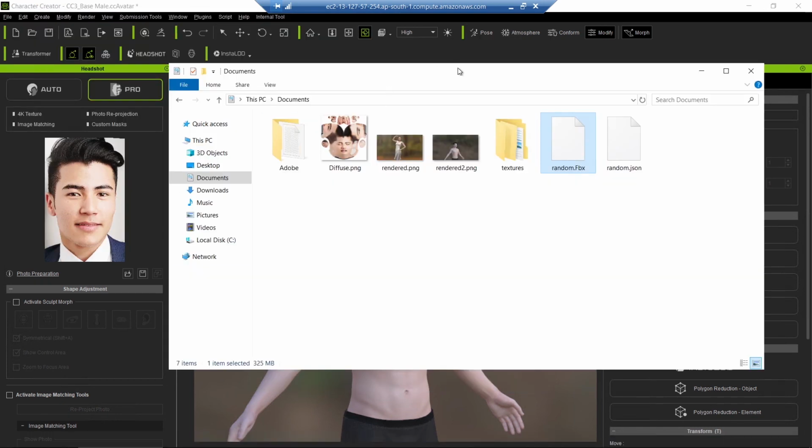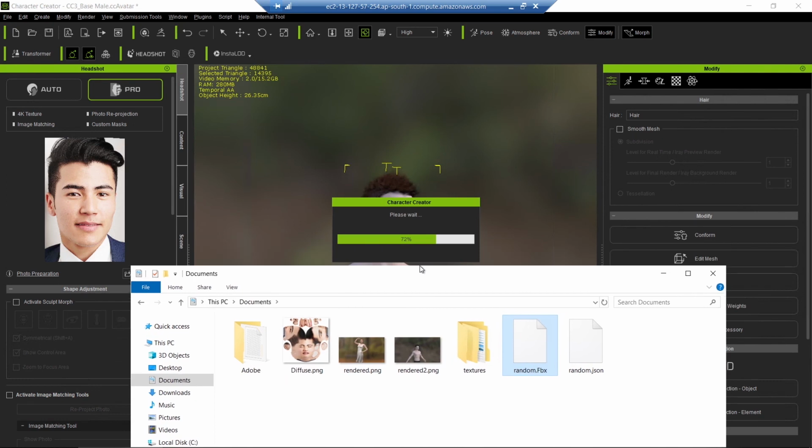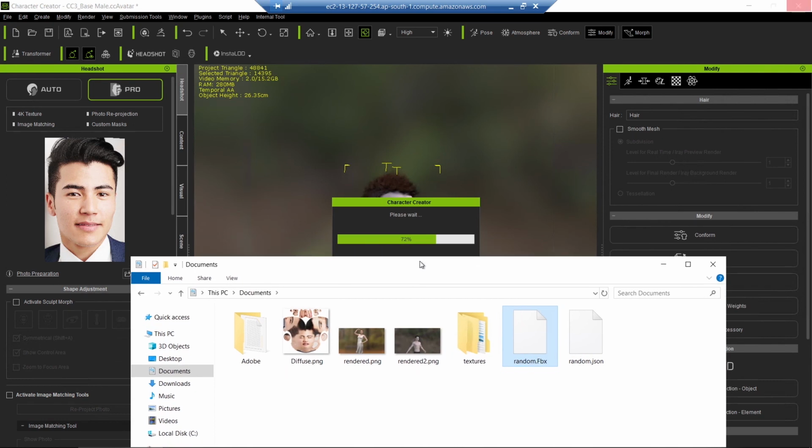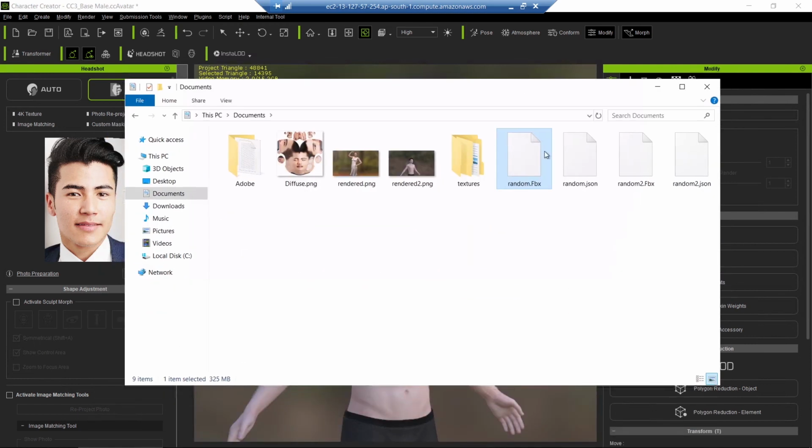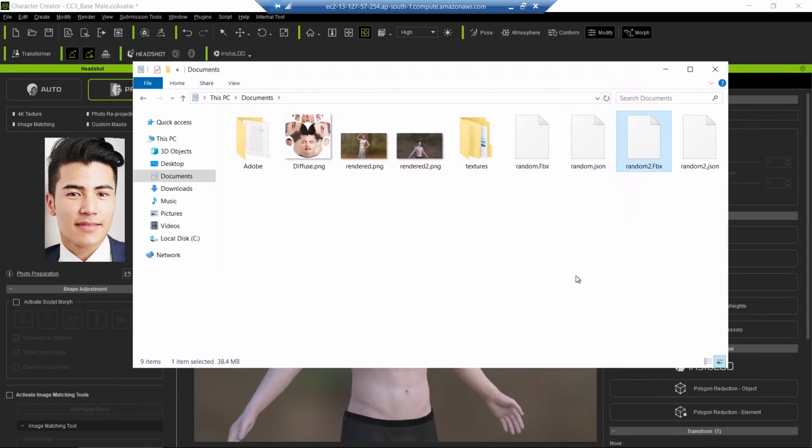It's exporting. It will take just a second to export this data. And exported. What is the size now? Random 2 is 38.4 MB, and you see that JPEG has decreased the image file size drastically.